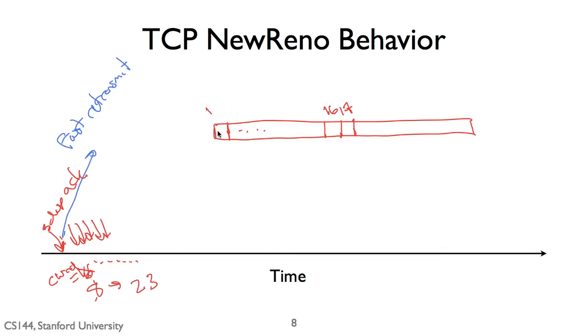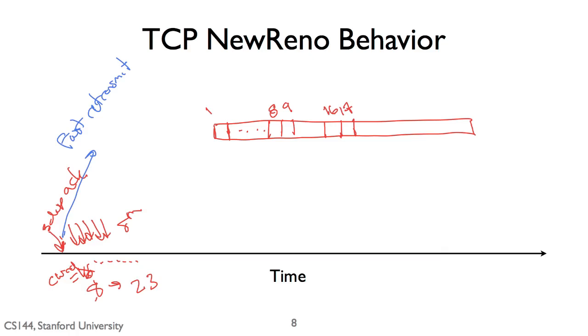Starting at 1, the congestion window has shrunk to 8. This means that the valid packets we're allowed to send are 2, 3, 4, 5, 6, 7, 8, and 9. That's not very helpful. Now, as these additional acknowledgments come in, we're going to start inflating this. So we're going to allow ourselves to send 10, 11, 12, 13, 14, et cetera, until we get, say, the 8th